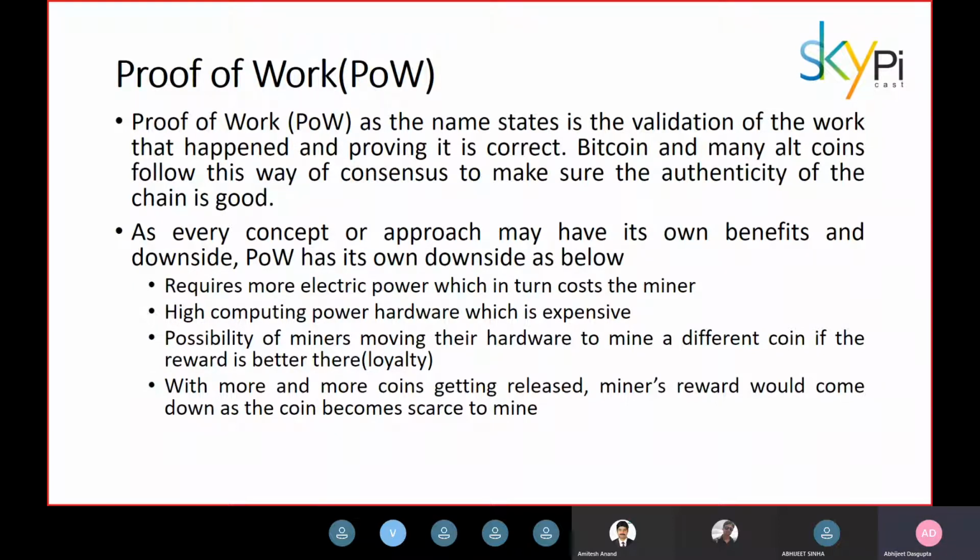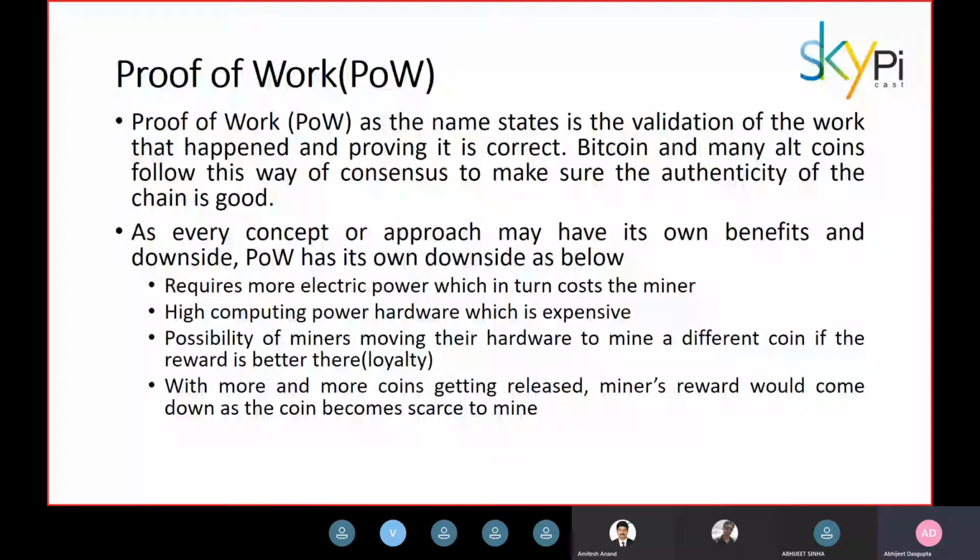In terms of blockchain, if we map this same analogy, the maths exam that we discussed can be referred to as a transaction. The classroom can be referred to as the entire world. The student can be referred to as the computing hardware or the computer that runs those complex mining algorithms. And brain power can be referred to as the computing power that is used in solving those complex mathematical algorithms. And the energy that we talked about can be referred to as the electrical power that is consumed during all this mining process.